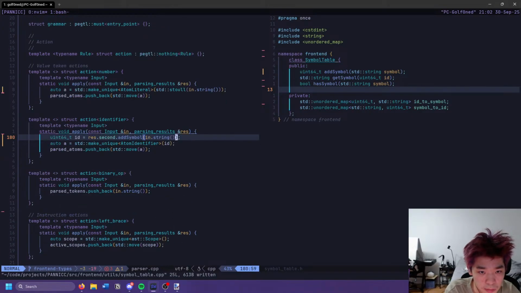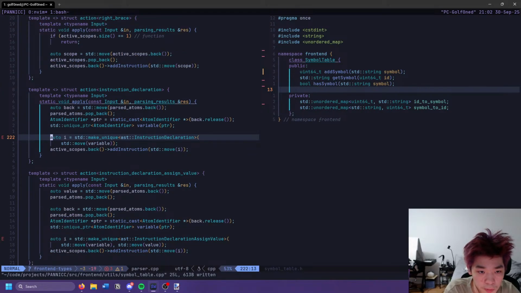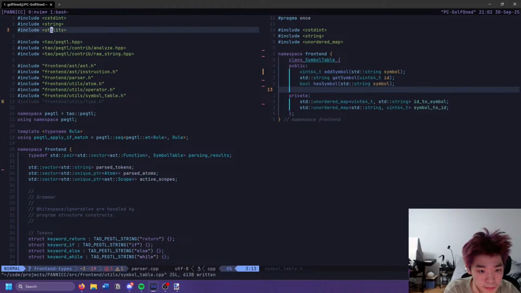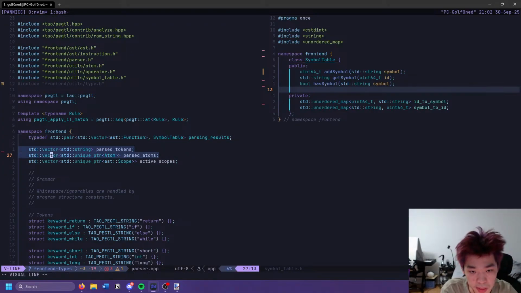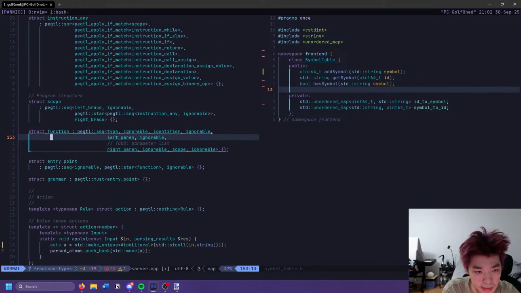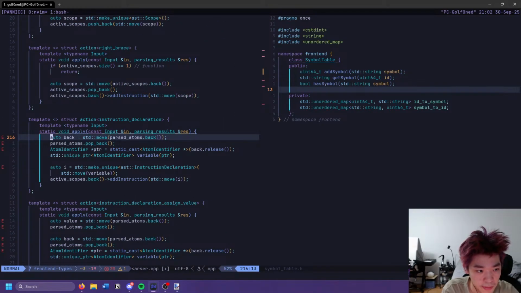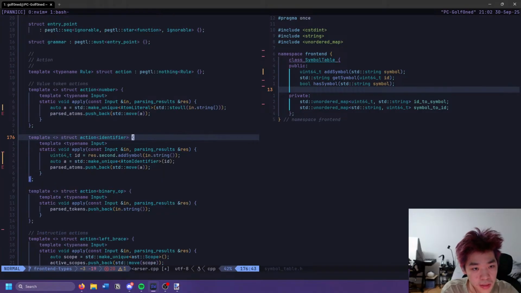This is all right, I think. Oh wait, there's actually a good argument to avoid splitting up parse tokens and parse atoms. It's this weird re-dynamic cast thing, like this back dot release thing. Instead of having to deal with that, it's just less ugly if